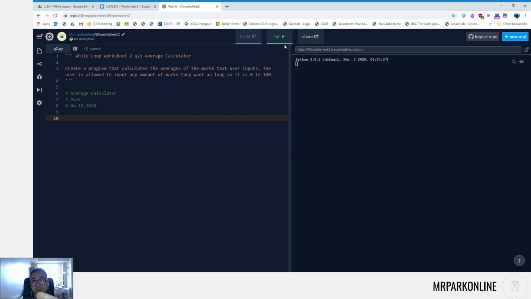This time we're going to be working on question 2 from while loop worksheet 2, the average calculator. We're going to create a program that calculates the average of the marks that the user inputs. The user is allowed to input any amount of marks as long as it is between 0 to 100. We're going to assume that the user inputs 0 to 100, but the